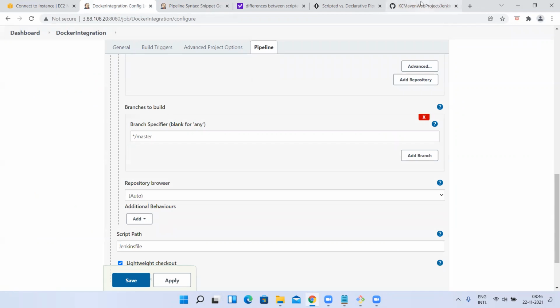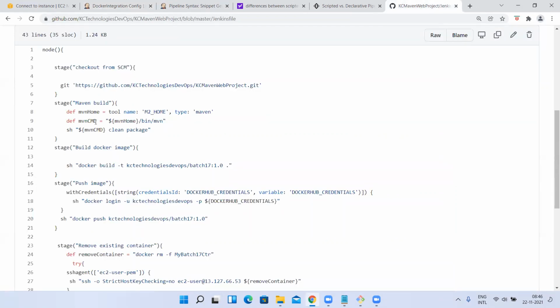I'll tell the benefit once again; for now, just try to understand. Once you commit the change, even though this Jenkins file is inside your GitHub, Jenkins will identify that and trigger it as well. Understood, guys? You don't need to log into your Jenkins and do the changes. You can change your Jenkins file itself and commit the changes. That's it, automatically the change is applied.